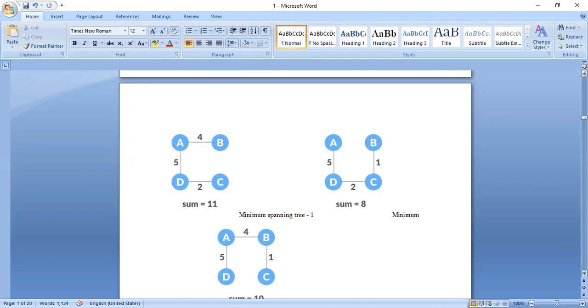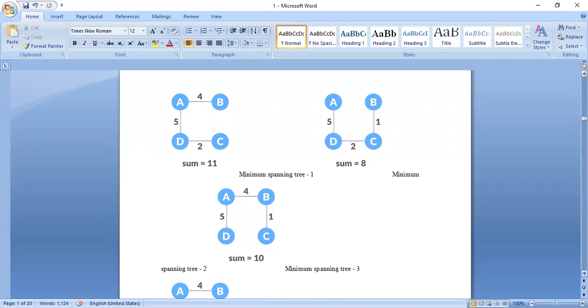Now, what's the challenge here? I should find the minimum distance. With minimum distance, I should visit the vertices of the given graph. That is nothing but a minimum spanning tree. So in this example, you can see different spanning trees available. First, we will compute the total weight of the different edges in the spanning tree. So these edges are nothing but the different distances that are covered in different ways when we visit the cities in a country. For example, A, B, C, D are 4 different cities in a graph.